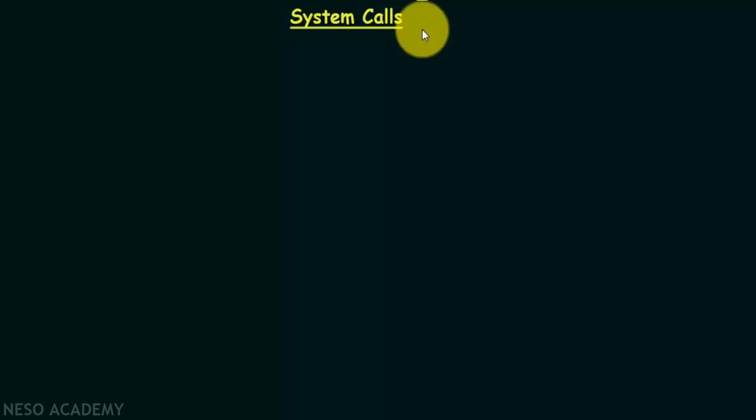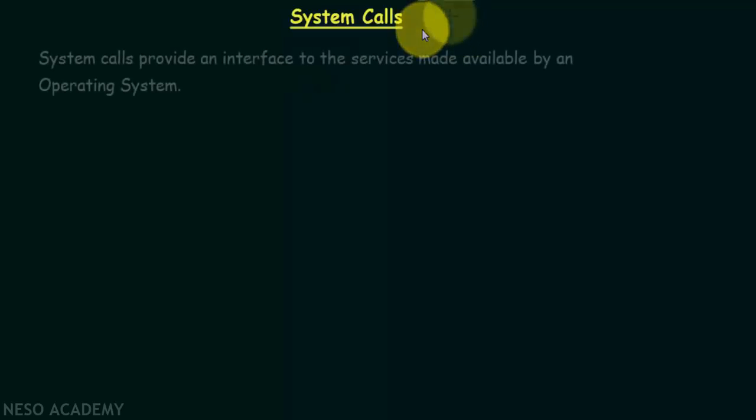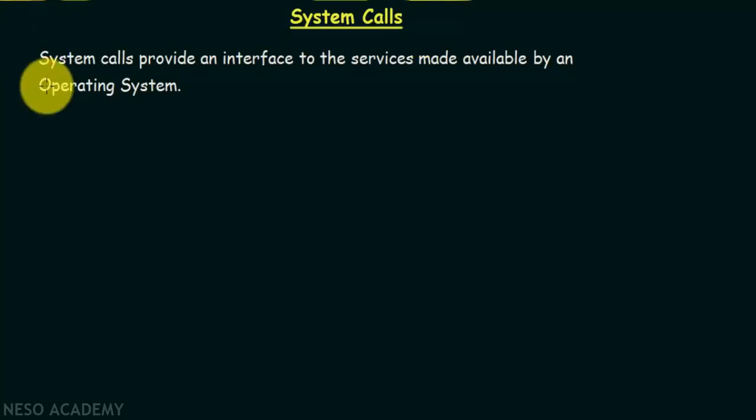In this lecture, we will be studying about system calls. So we will be trying to understand what are system calls and what are they used for. Now it says here that system calls provide an interface to the services made available by an operating system. So we know that our operating system provides us with certain services. Now the system calls, what they do is they provide an interface to the services that are available by the